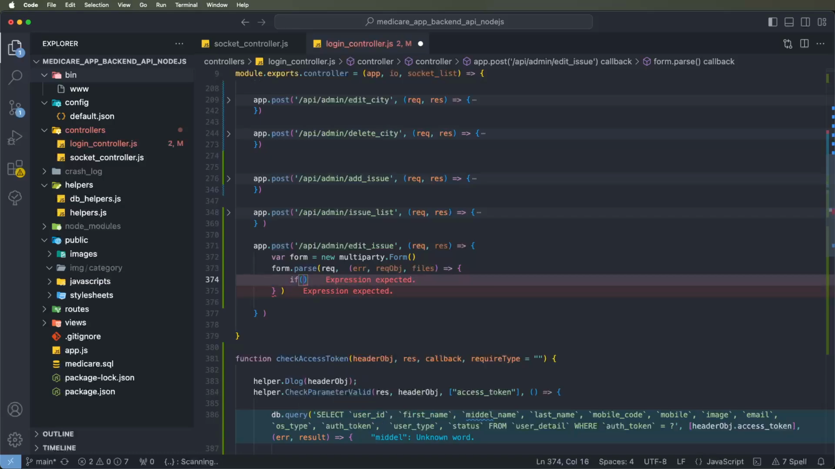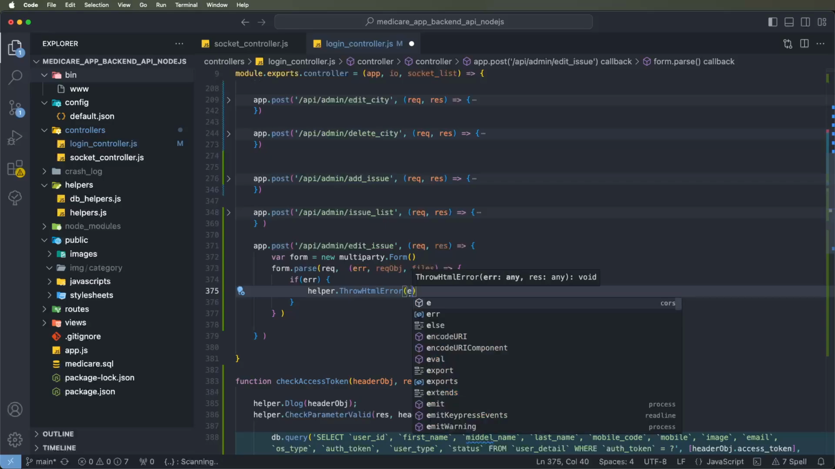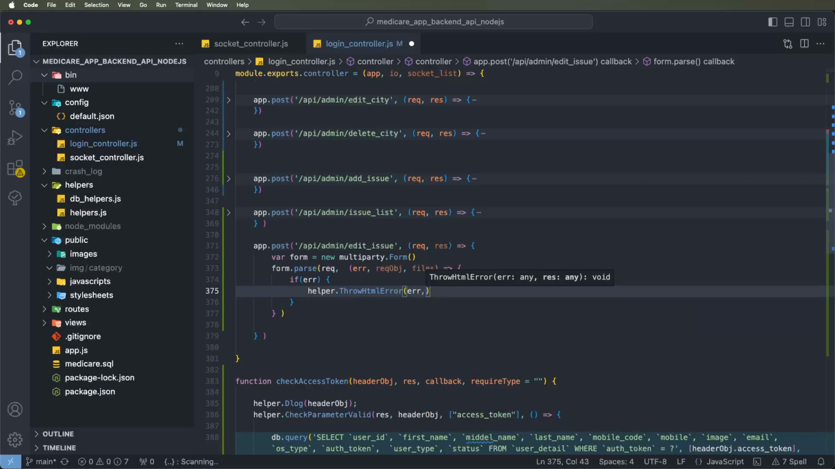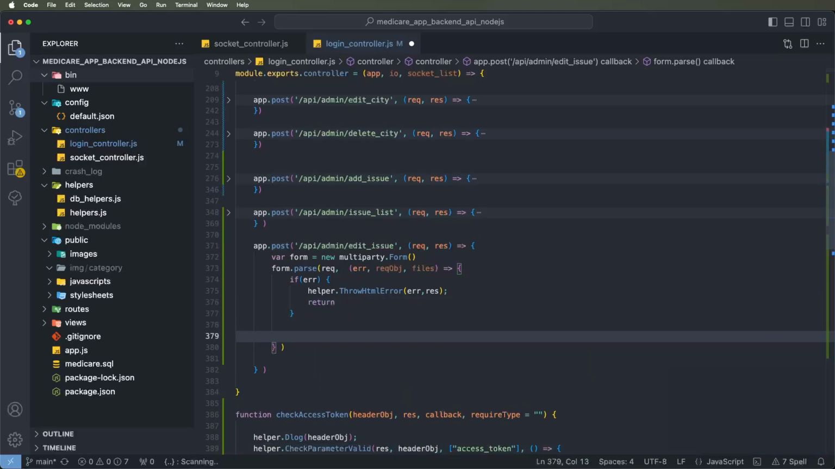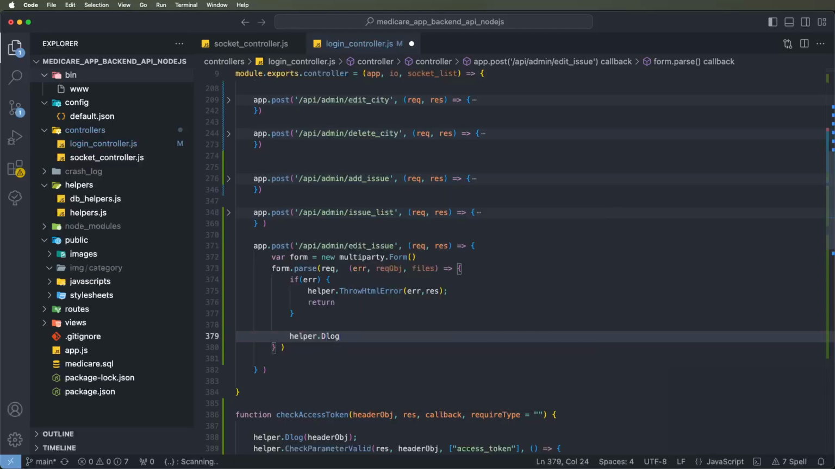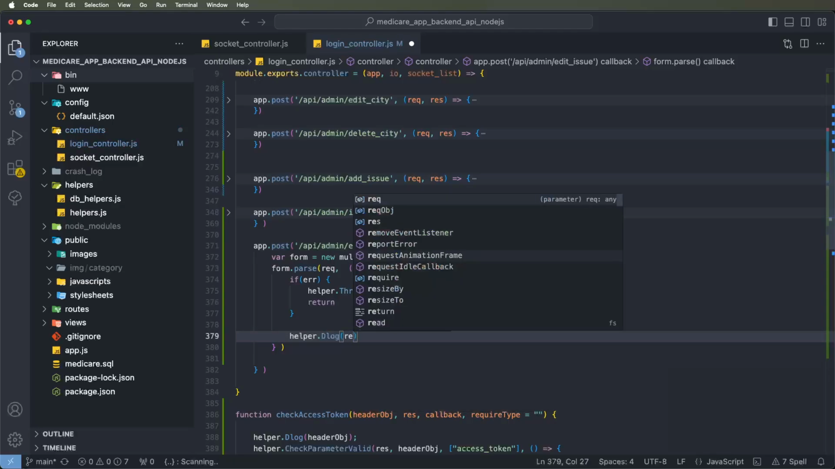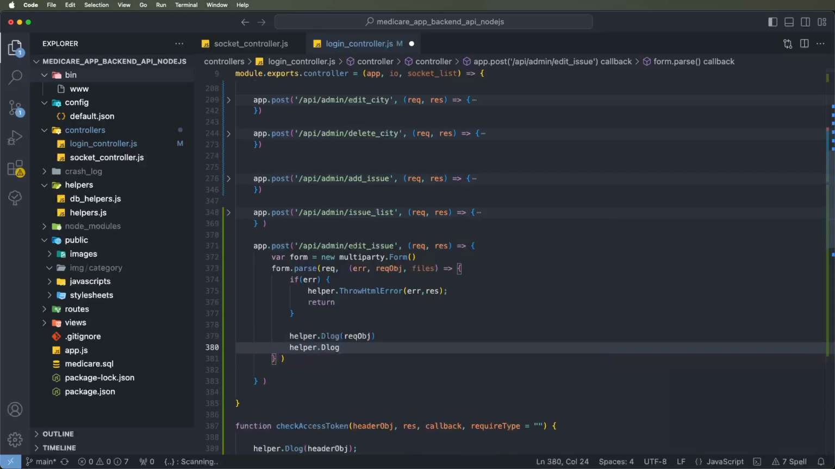Now first of all check the error, then we throw it with helper.throwHtmlError. We pass the error and set the response, then return. After that we set the configuration and print with helper.dlog. We show the parameters request object, and we print the file debug log, and the file parameters also, and put other logs, going inside the add to copy